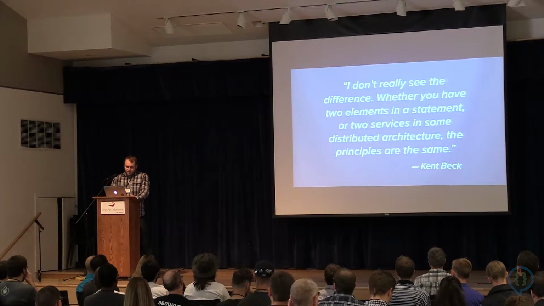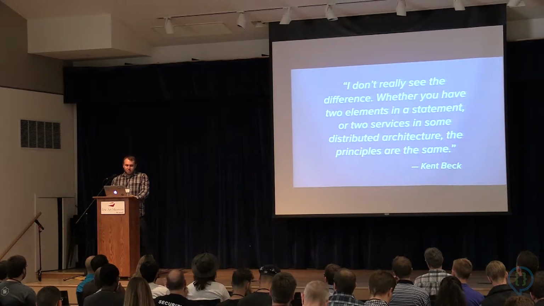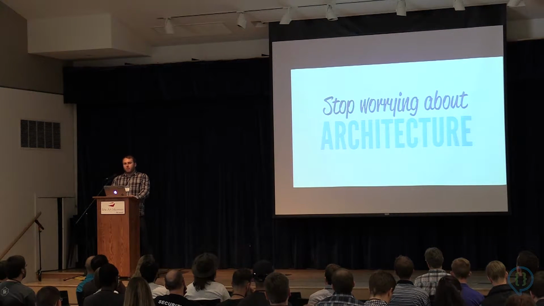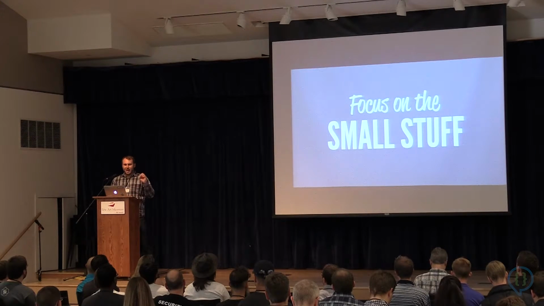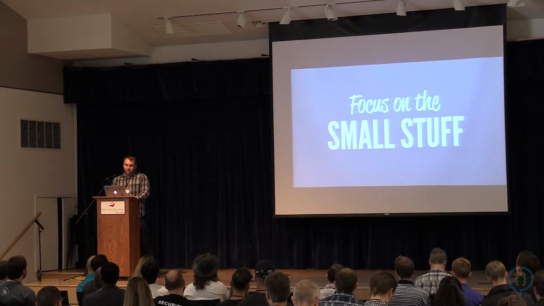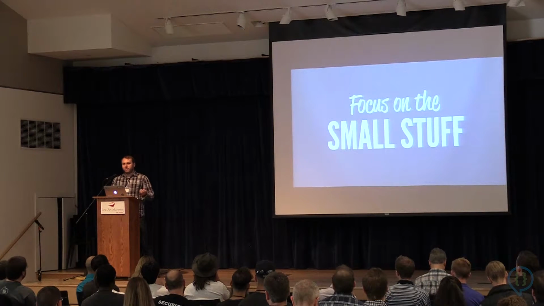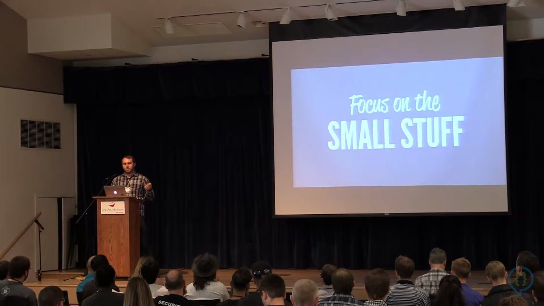So I thought it would be interesting to do a little bit of an experiment and stop worrying about architecture for a while. I'm not thinking about any of these hexagonal architecture principles or things like that, and instead focus on how I can make the line-by-line code that I'm writing day to day, that I see in my editor, those real characters, as good as possible. My hope was that in focusing on this stuff, it would eventually bubble up into well-designed systems overall, as long as you focus on getting the small stuff right first.